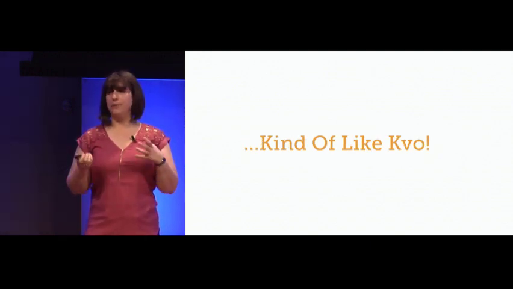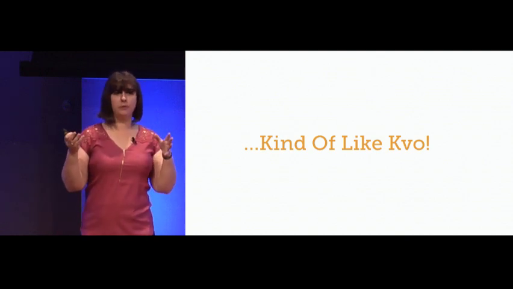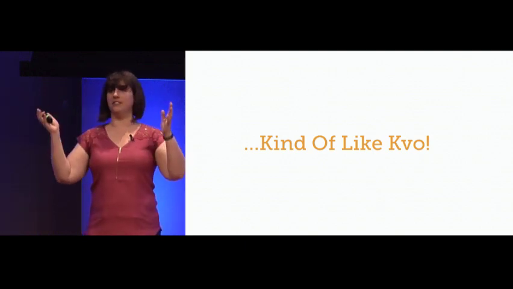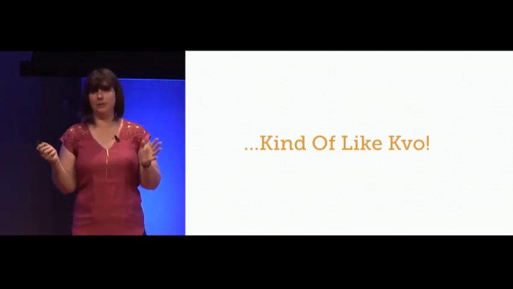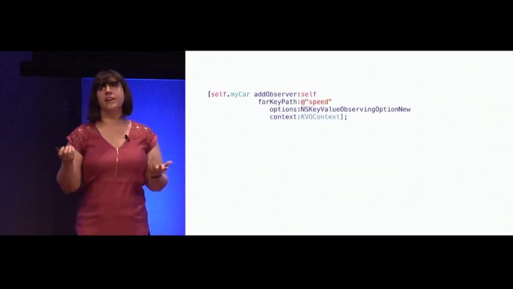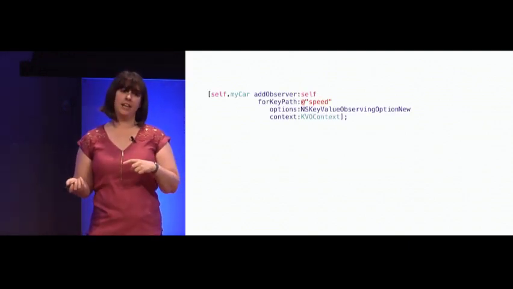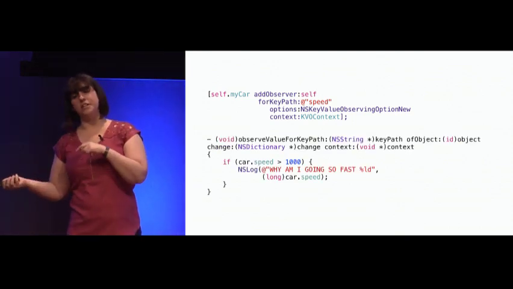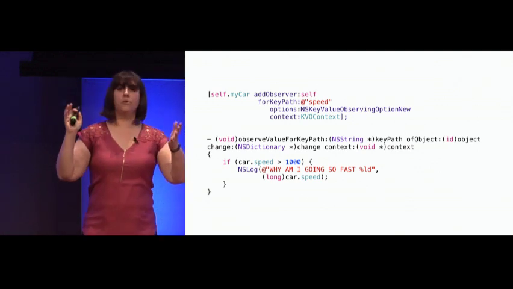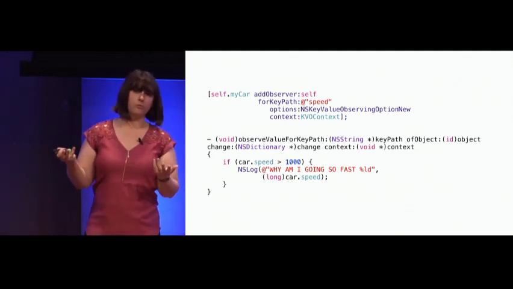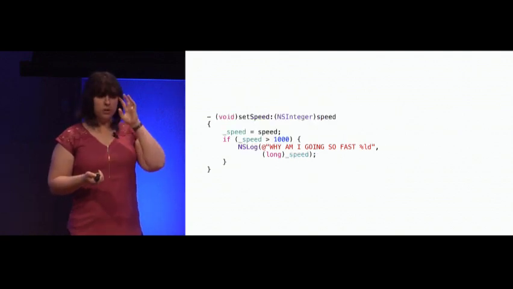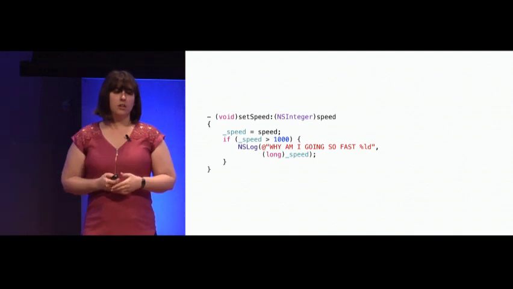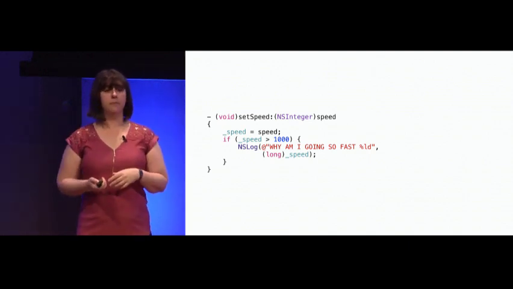So how many people have ever been in that situation where there's some variable being set to some random value and you're like, I have no idea where this is happening. Like, what the heck is going on? It's something that happens all the time. So then you're like, okay, well, I can do KVO on it, so I have to add a function to add observer, and then I have to implement the KVO observeValue forKeyPath method, and then you're like, oh, but I only want to know if it's going over 1,000 because carts don't really go that fast. Or you override a setter, which is also how you usually do stuff like this in Swift. You override the setter. You're still like, I have no idea what's going on. Well,